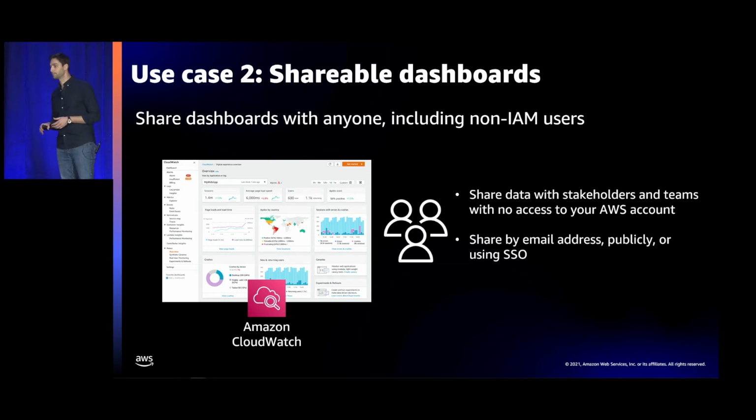The first option is by designating a specific email for a user to access the dashboard. Then these users have to set up their own password, and enter it anytime they would like to view the dashboard. The second option is to create a public dashboard, and then anyone who has the link for this dashboard can view it. And with the third option, you can share all the dashboards in your account by using a single sign-on solution. Then every user that is on the single sign-on solution provider list can access the dashboards in your account.